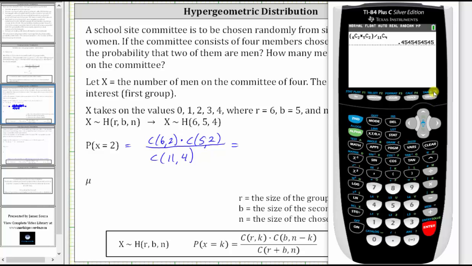Let's first get the exact value by pressing math, enter, enter, which gives us 5/11ths, or